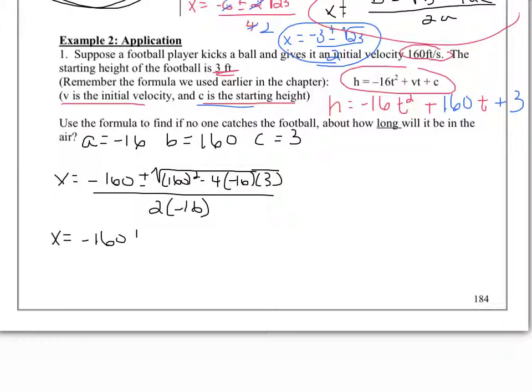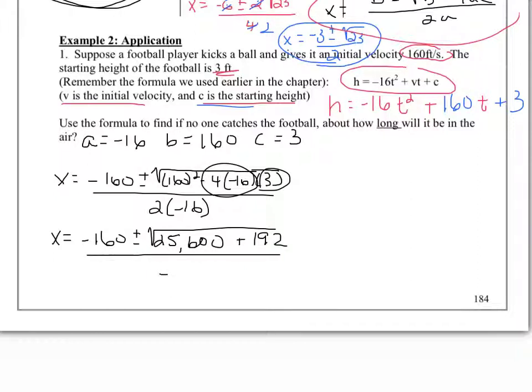Negative 160 plus or minus 160 squared, 25,600, and then negative 4 times 16 times 3 is 192, divided by 2 times negative 16. Okay? And then continuing to simplify on,